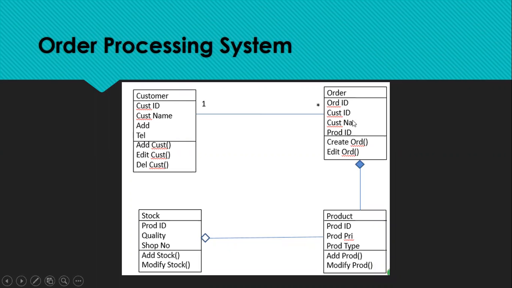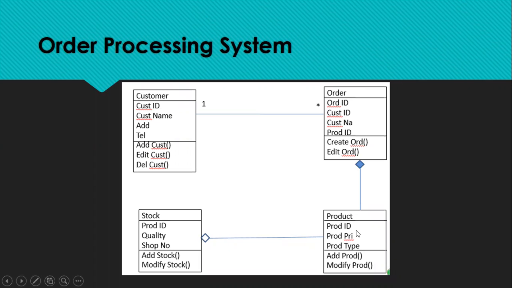So this product and order both are having a relation. What is the relation? Composition. Very good. See, think of a product existing separately, while we have a separate class called order. Without the order, there's no point of having the products, isn't it? The order is like fully dependent. Products are fully dependent on order, isn't it?